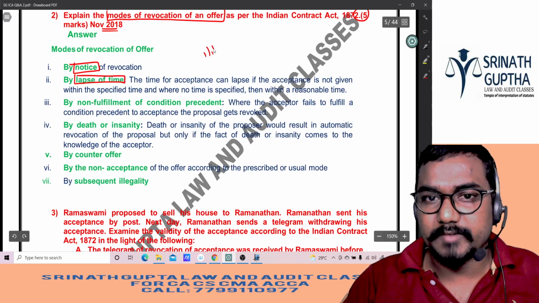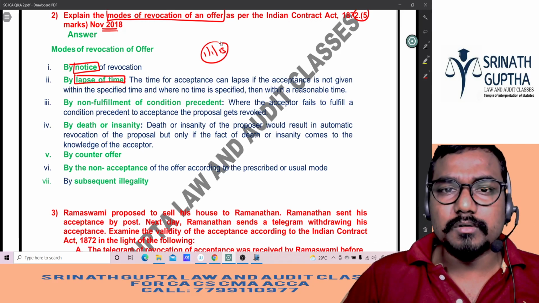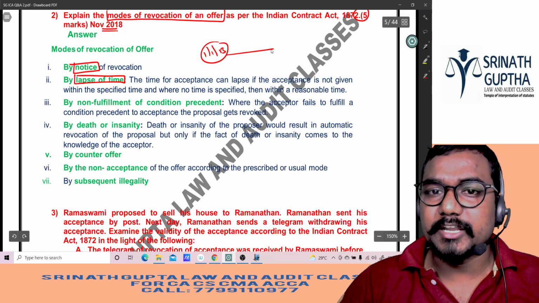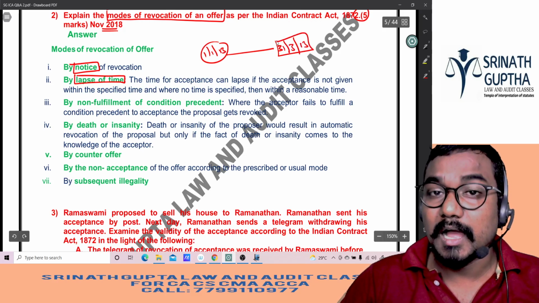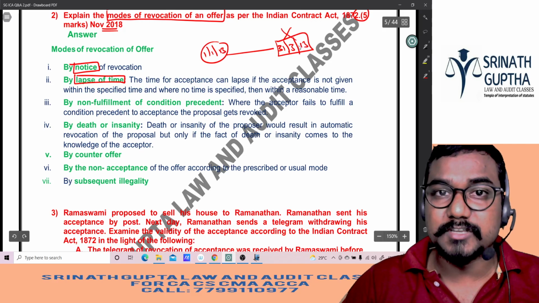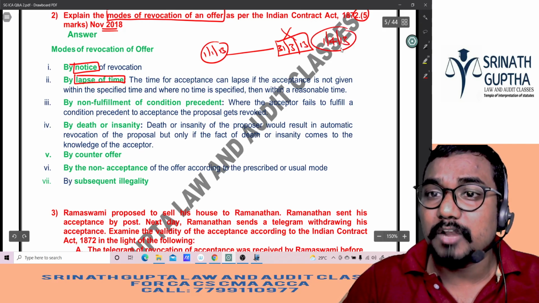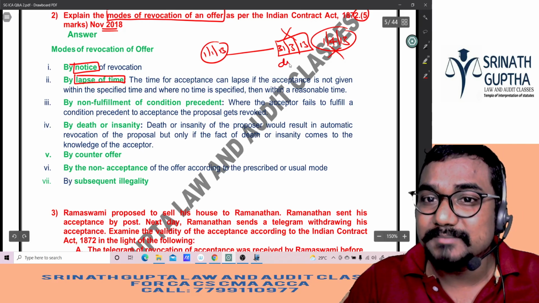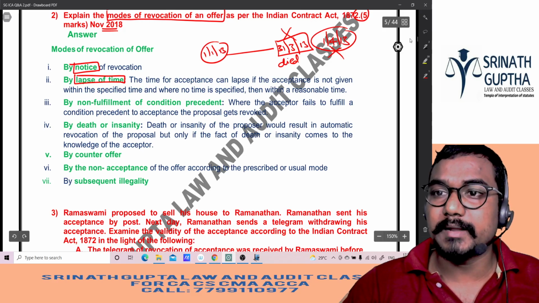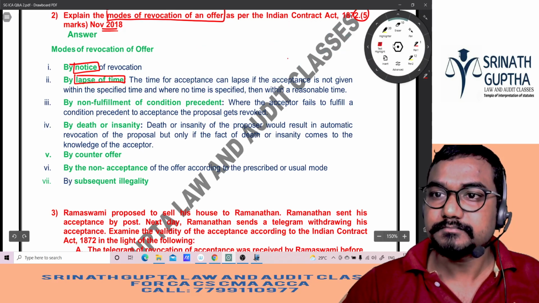I gave an offer on 1st January 13. If you want to purchase my car, please give reply by 31st March 13. The offer comes to an end by 31st March. If it is accepted on 1st April, he becomes an April Fool. There is no contract because the offer died on 31st March itself. Understood?